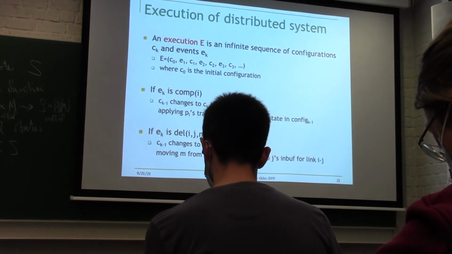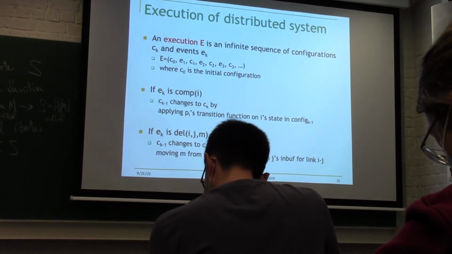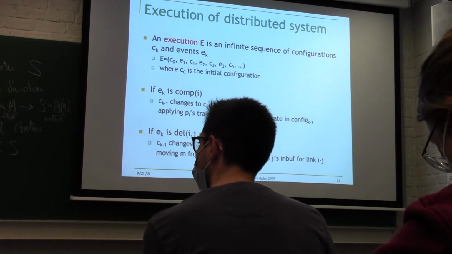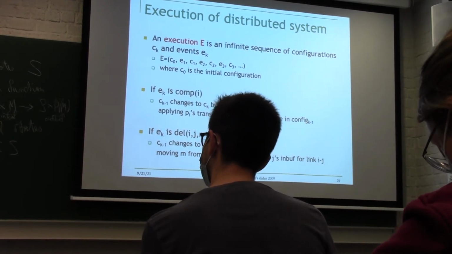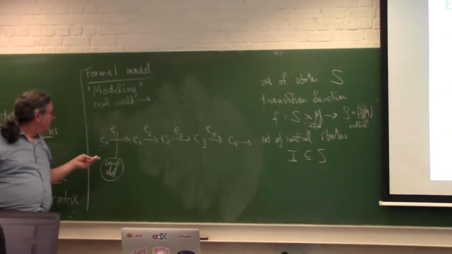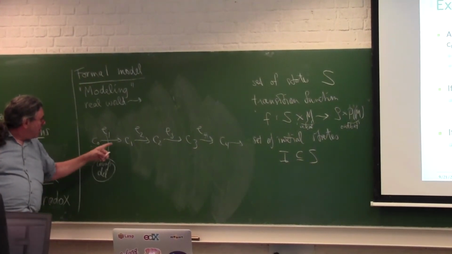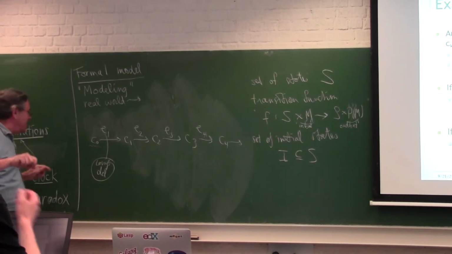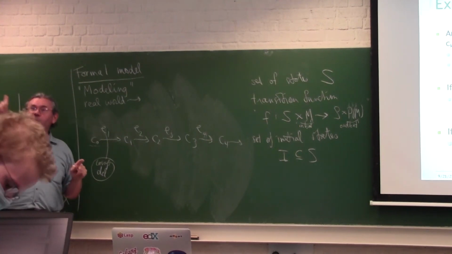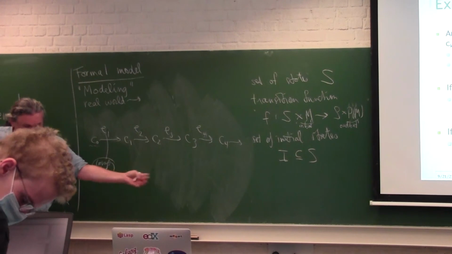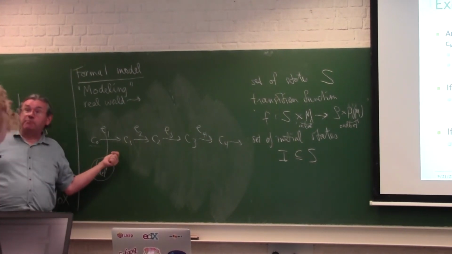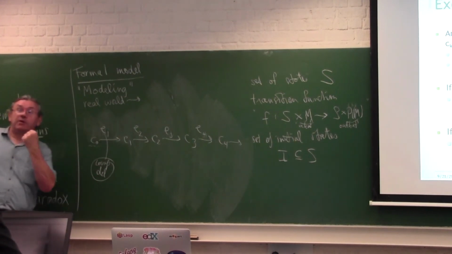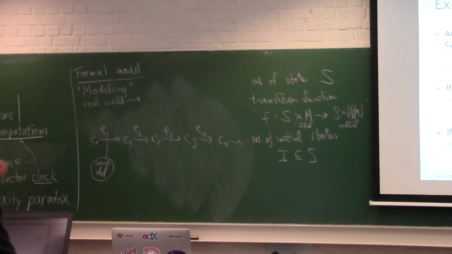You can see it's very similar to a concurrent system, huh? If you followed my course or other course on concurrent languages with many threads, the configuration would be the state of all the threads, and then this is an interleaving semantics. Remember in concurrency we talked about interleaving semantics? So in each step we're only doing one thing. So if 100 nodes all compute, this is going to be 100 steps in this model. Each step is one node doing one thing. That's important because that makes reasoning much, much easier.